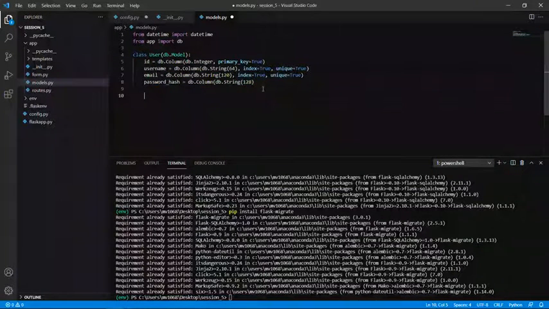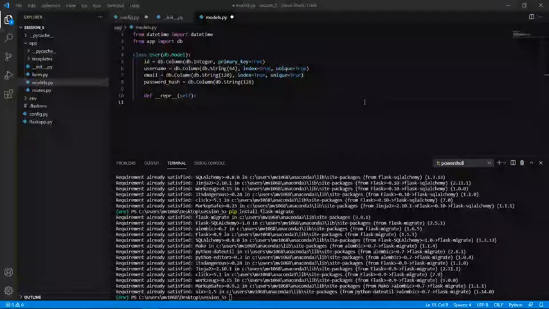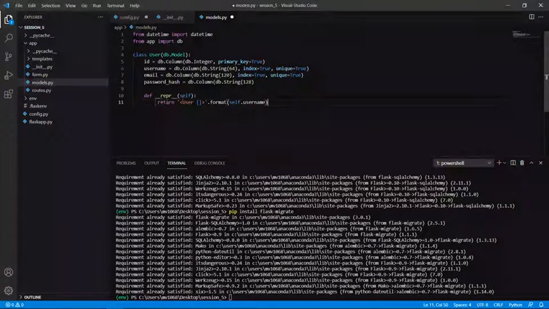Finally, we have to define the representation method. To handle this, we define it to check the value by printing it before processing. This is just for debugging, to check what is saved in the database before processing it.